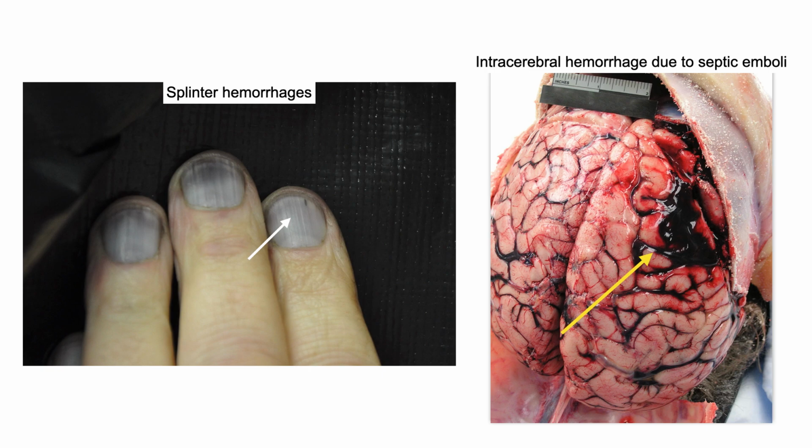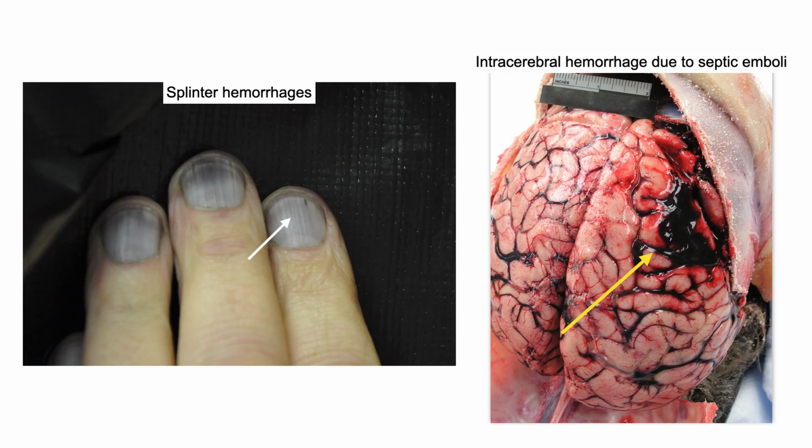So to the left, these are splinter hemorrhages. This doesn't look like much, but this was a person with endocarditis, so these were truly splinter hemorrhages. You see splinter hemorrhages a lot. I did a lot of rock climbing when I was in residency, and I would get some of these, and I'd be worried about my attendings, like, hey, you're clinging to the rock wall. So you can see them for a variety of reasons. It's not just endocarditis. And then to the right of it, this was an individual with a septic embolus that